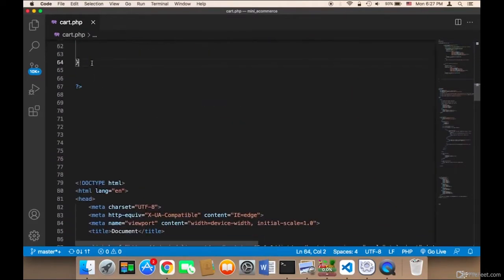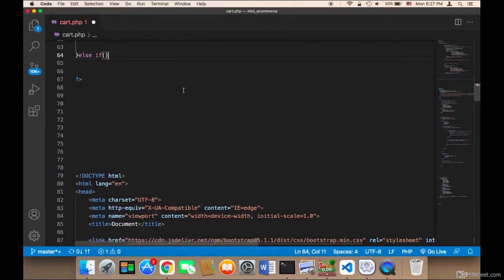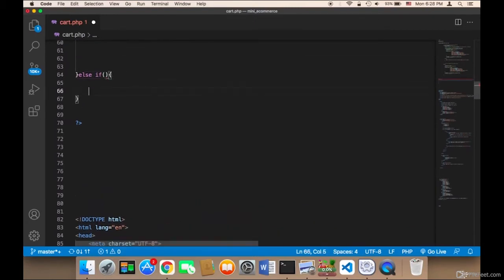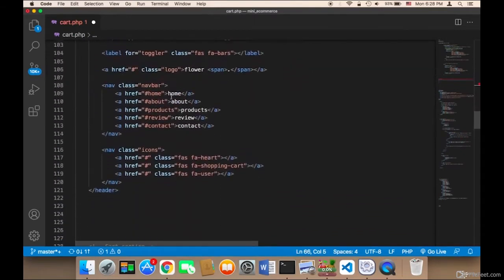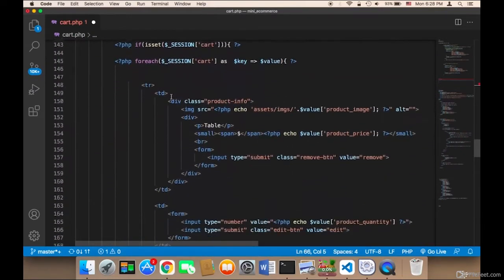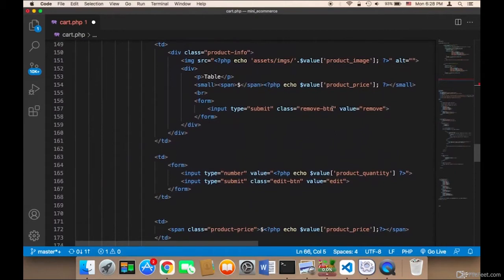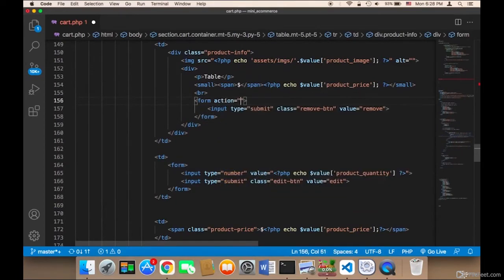And here what we need to do is say else if, and then check if the remove button has been clicked or not. In this else if, we can start working on removing a product. We need to know where the remove button is. So here is the remove button. We need to give it an action and method. The action is going to be the same page, cart.php,